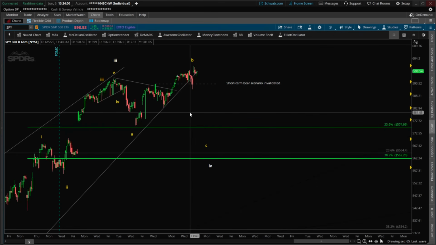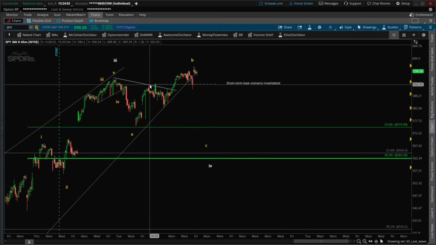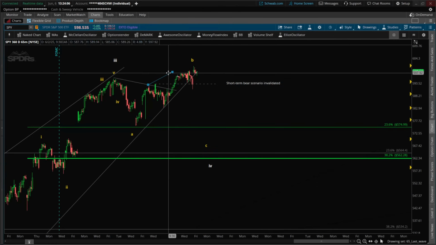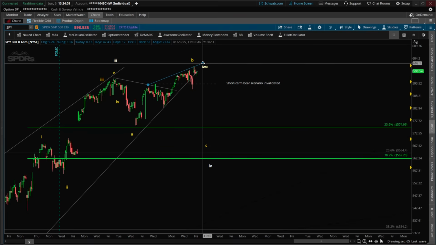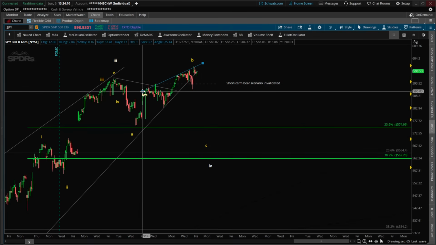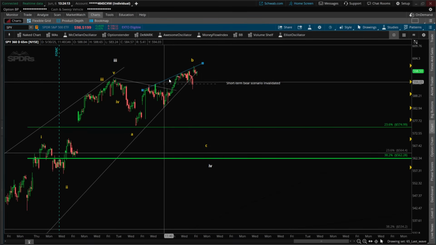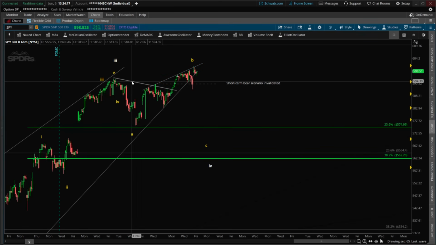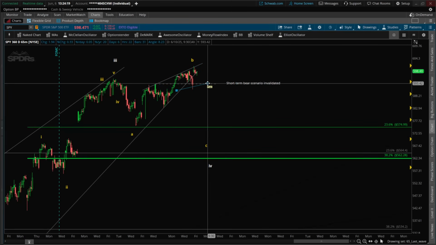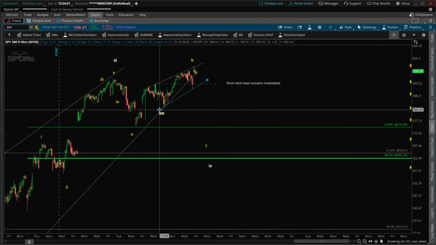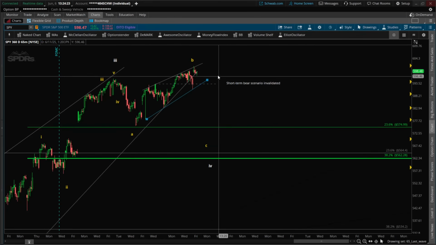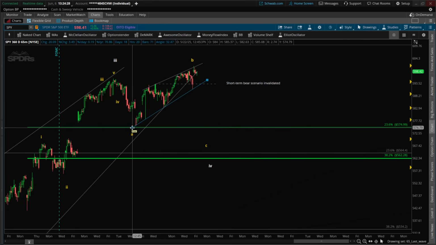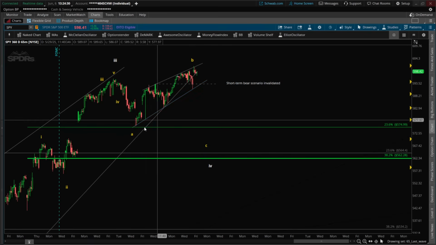But what makes more sense now is that we really can draw this diagonal in here. Let's borrow that. So we're drawing this diagonal with the bodies here and the wicks here. And what we'd be looking for, here's the rest of it. Okay, so what we'd be looking for at this point